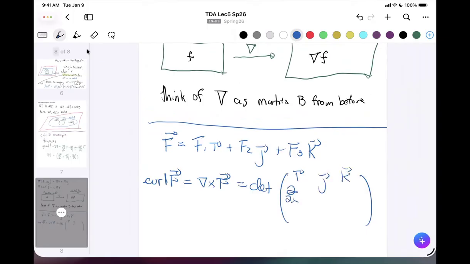But the curl had this very funny looking formula, where you could even write it in terms of a determinant if you wanted. It's kind of like a weird combination of partial derivatives of the vector field. So you take the partial derivatives of the vector field in a somewhat odd way. Okay. But my point is that